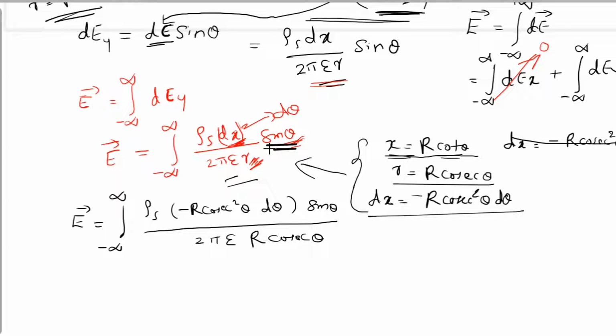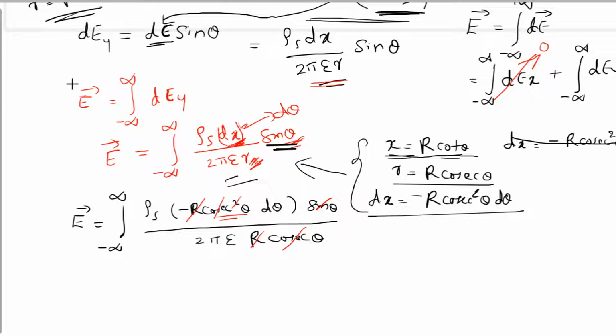Now see how it simplifies. It's nice. Okay. This R cancels. I have cosecant square theta here. I have cosec theta here. And what is cosec theta? 1 by sin theta. That also cancels, because cosec theta is 1 by sin theta. Okay, cosecant square theta, cosec theta: 1 cosec theta cancels, 1 cosec theta remains. Cosec theta is nothing but 1 by sin theta. So sin theta by sin theta. So cosec theta and sin theta cancel.